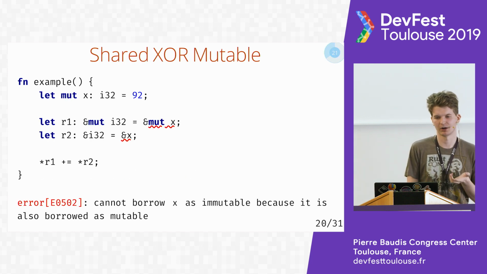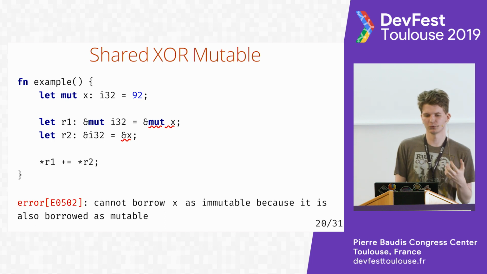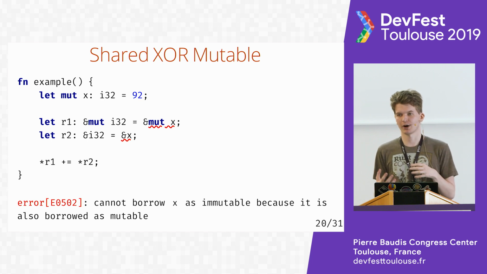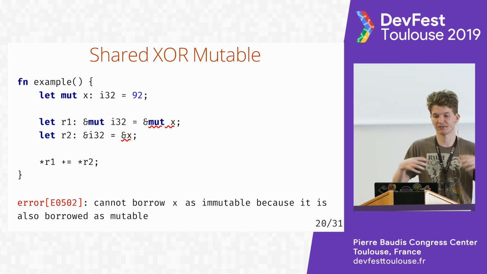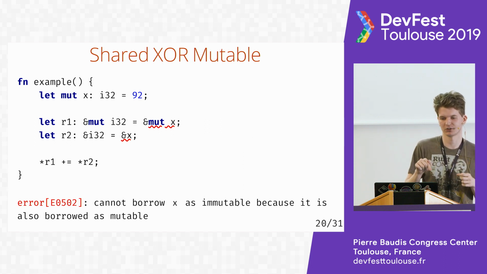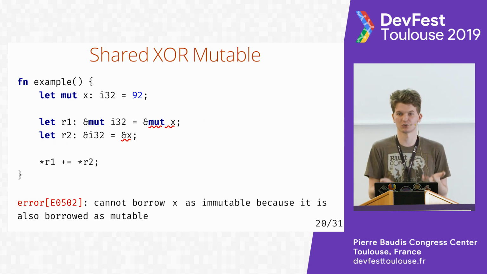The interesting rule about this is that Rust forbids you from creating mutable and shared reference at the same time. Here we have a single local variable, x, and we create 2 references to it, one mutable and one immutable. And we try to add the variable to itself. And Rust yells at us and forbids this code because, well, there are 2 references, one of which is mutable,